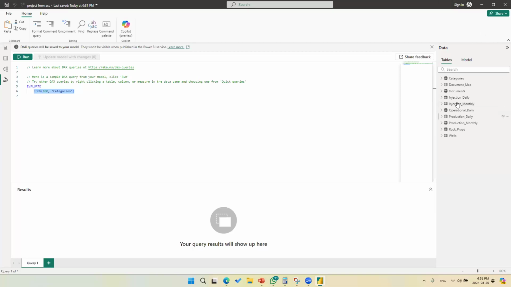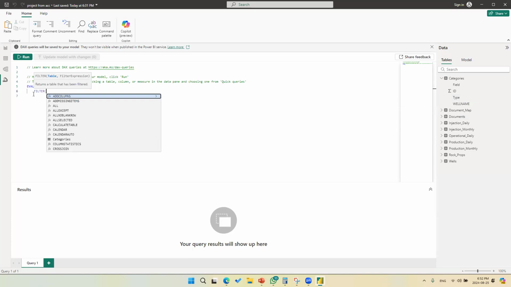Let's say that we want to filter, for example, the categories table based on the type of the well. So what we will do is we will use a function called filter. By the way, there are hundreds of functions that are supported by DAX. Now for the filter, we need two inputs. The first input is the categories table. The next input is an expression or a filter that we want to apply. So let's say that we only want to get the wells of a type equal to, let's say, water_